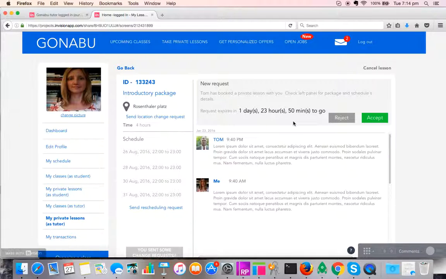And the one who would be acting on this request would be the tutor, because a student has already sent this request as soon as he or she books the class. So this one shows that, okay, Tom has booked a private lesson with you. These are the details. Check here, check the left panel, and this is the time after which the request would